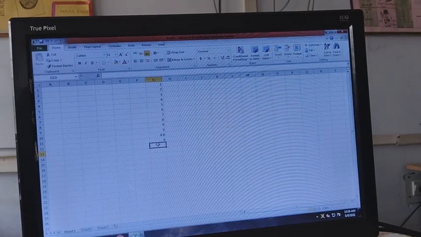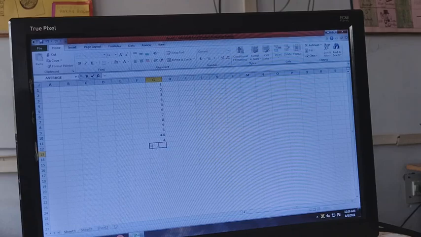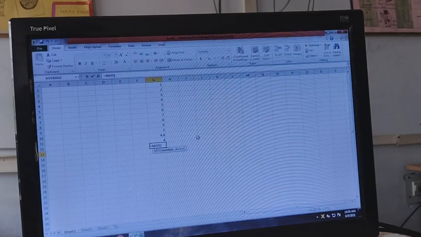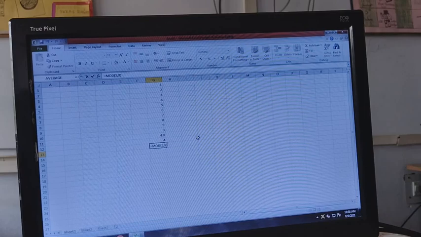First write the equal to sign, then mod, select it, then the number, then the divisor.